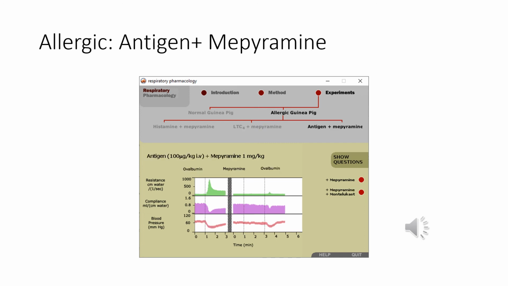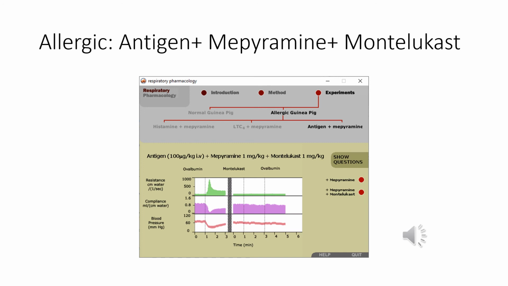For the antigen plus meperamine group, the animals were subjected to antigen and meperamine, with or without montelukast. Animals that received ovalbumin alone had high lung resistance, low compliance, and low blood pressure. When exposed to ovalbumin after the administration of meperamine, the effects were not as severe compared to being exposed to ovalbumin alone. Exposure to meperamine and montelukast prior to exposure to antigen reduces the effect of the antigen alone towards